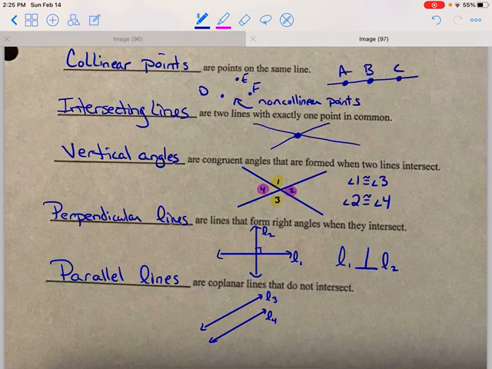So if I call this one line 3 and this one line 4, and I want to state that they are parallel, I just use what kind of looks like an 11. It's basically just two parallel lines, and that is read line 3 is parallel to line 4. All right, so that's just a little bit of basic geometry vocabulary, and we'll get